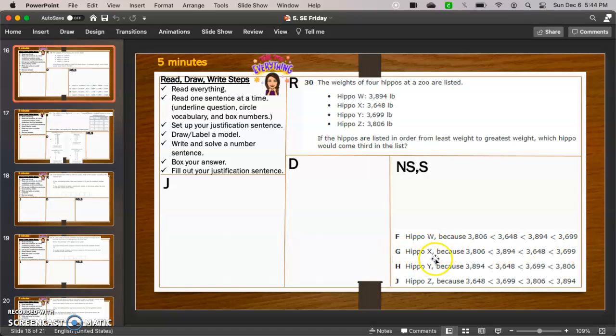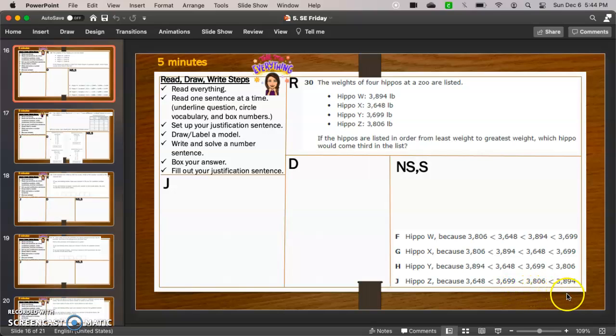G. Hippo X, because 3,806 is less than 3,894 is less than 3,648 is less than 3,699. H. Hippo Y, because 3,894 is less than 3,648 is less than 3,699 is less than 3,806. J. Hippo Z, because 3,648 is less than 3,699 less than 3,806